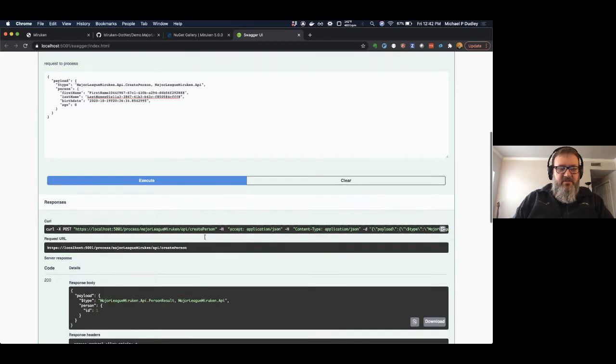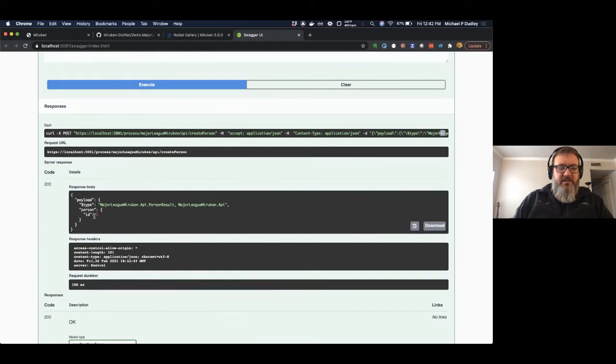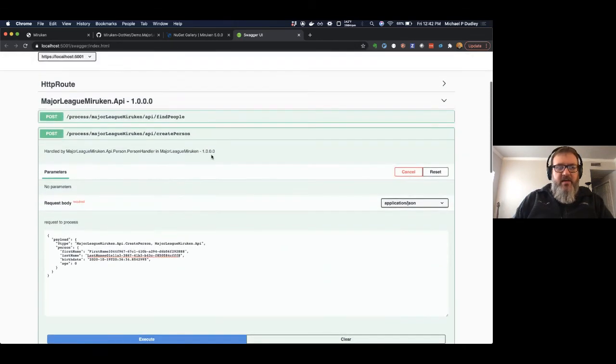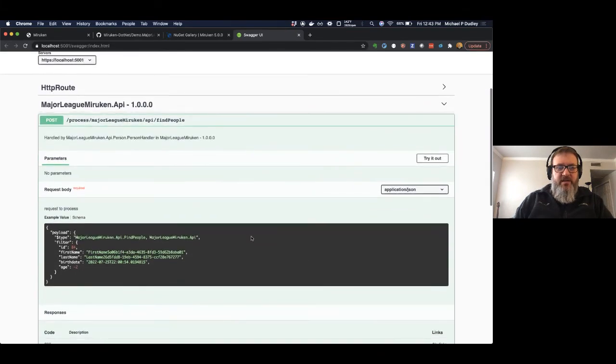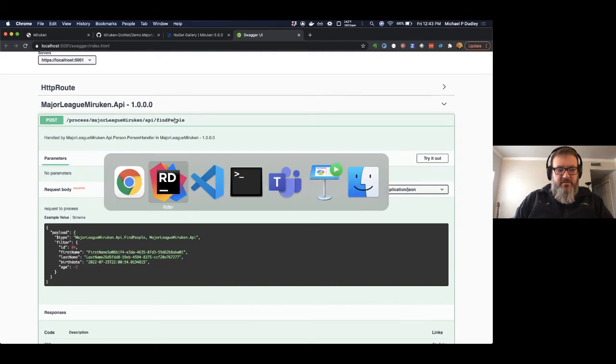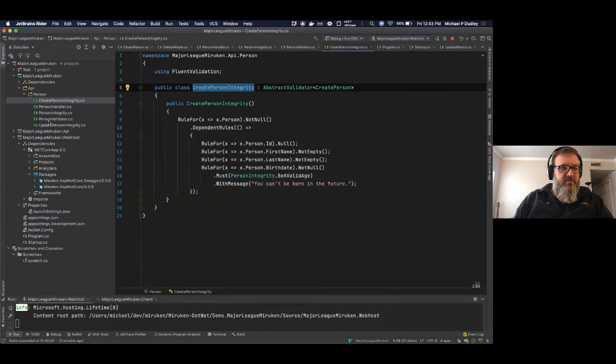I'm going to execute, and now we got back a 200, and it returned us back our person data object with the ID of 1. So now we know that we created a person, we got back an ID of 1, and if we want to go find that, let's go find it. We'll use our find people handler. So find people maps to